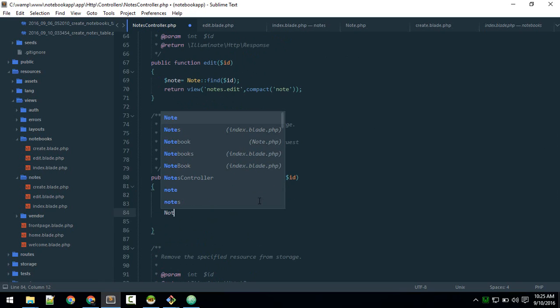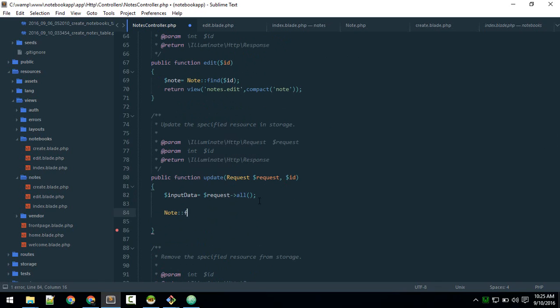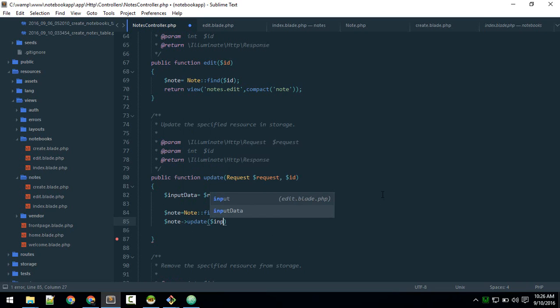So node find node with this ID, node. So we are finding that node and we will update that node like this. Update with all the input data. Okay,